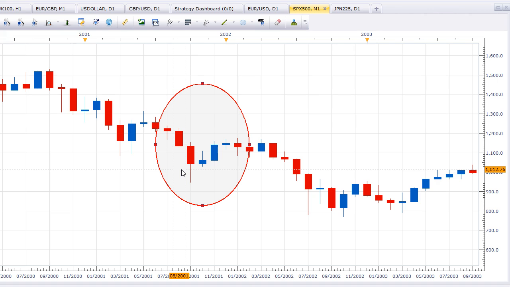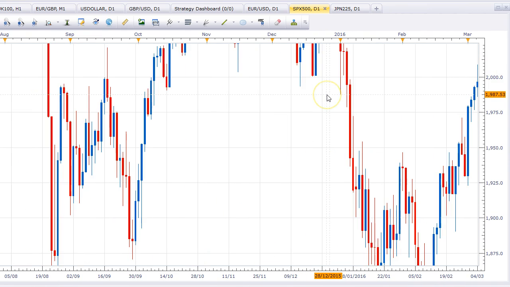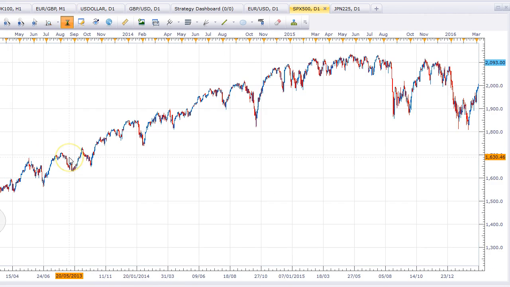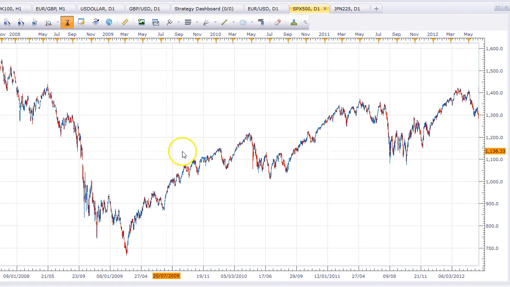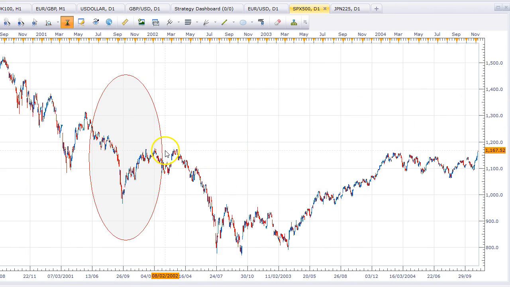So in this case, we can see that there was an actual price move that we can see even better if we went to the daily chart. So let's go to the daily chart. And then if we scroll back to 2001, again, unfortunately, we have to do it again every time we come out of that. So 2001 is a little bit further ahead. Excuse me. Here we go.